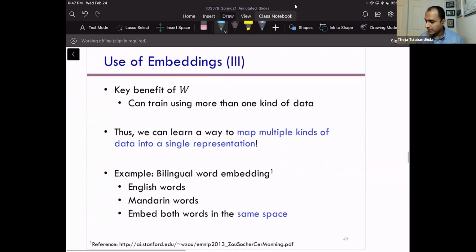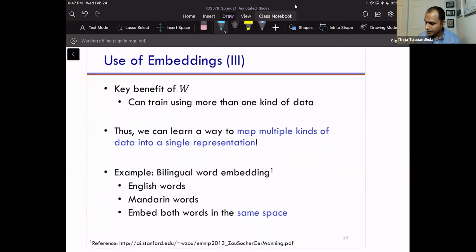But there are some more things that you can do. This is where I said we're going to look at some application-specific things. So far we've discussed getting representations for words, which means that let's pick a vector space, let's say a 300-dimensional vector space, for example. Every word needs to have a 300-dimensional vector. So we're putting words into some vector space.